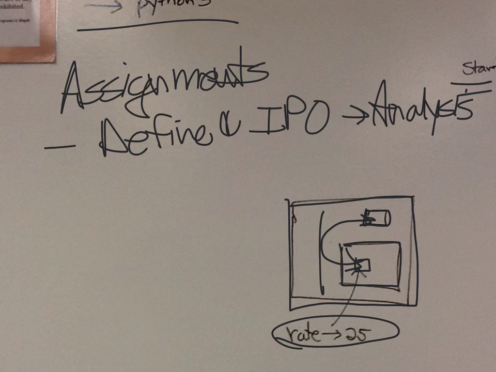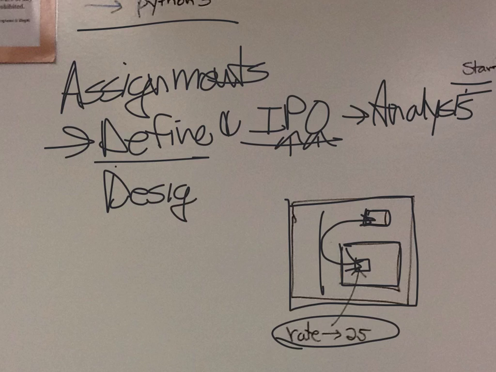Once you get that determined, you're relatively sure you understand the problem and you've got what you're going to put in, how you're going to process it, and what you're going to get out, then you can go ahead and design. Sorry about that. You can design the solution, flowchart, pseudocode,